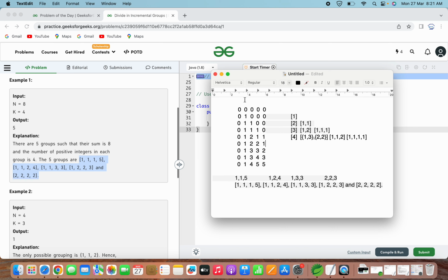That means we have to find the number of groups where 1 can be divided into groups of size 1 only. So only one option is there, that is 1. I hope this is clear: n is equal to 1, so we have to find groups whose size is also 1. For 1, to get a group size of 1, we have only one option, that is 1.